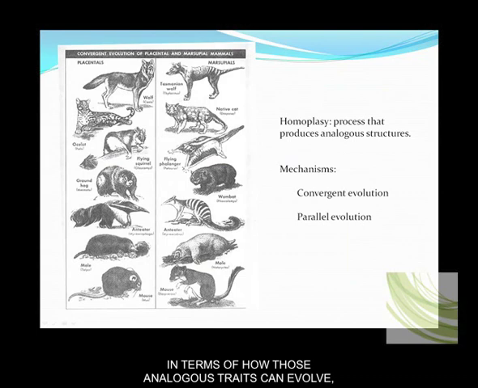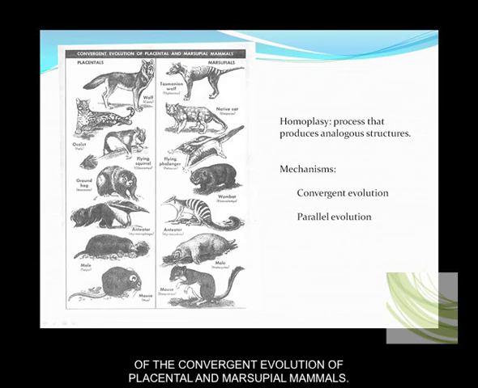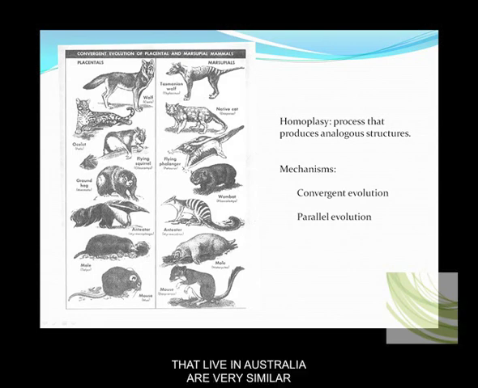In terms of how those analogous traits can evolve, we call those processes homoplasy, or we can refer to them as homoplastic traits. Now, the two basic mechanisms of homoplasy are convergent evolution and parallel evolution. Here on the left we have some examples of the convergent evolution of placental and marsupial mammals. And what you see here is the marsupial mammals that live in Australia are very similar in terms of where they fit into the environment and their physical traits to the placental mammals that live throughout the rest of the world. However, they have a big difference of being a marsupial, which means they're pouch carriers,